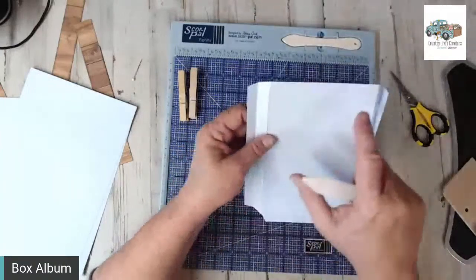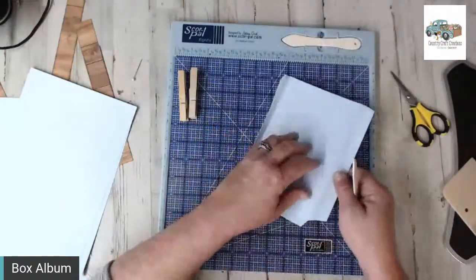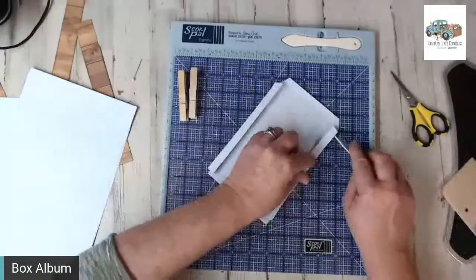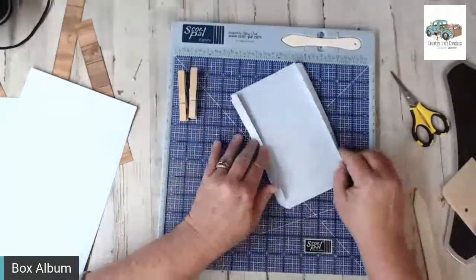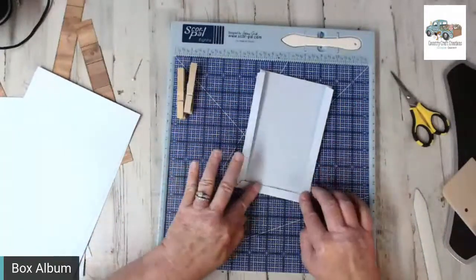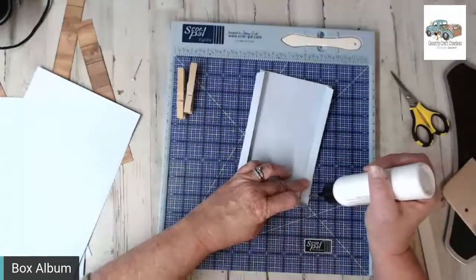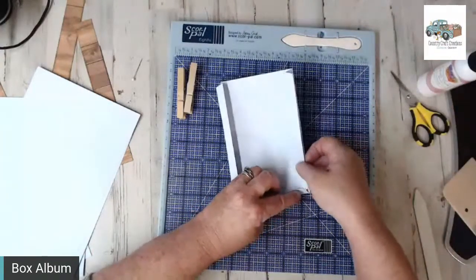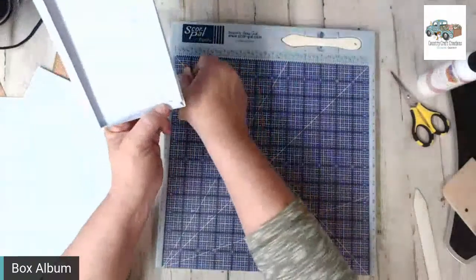Okay, that's the top. It's going to give us a nice finished edge. Now, I folded the two inside. I'm going to bring the bottom up. I'm going to use my clothespins